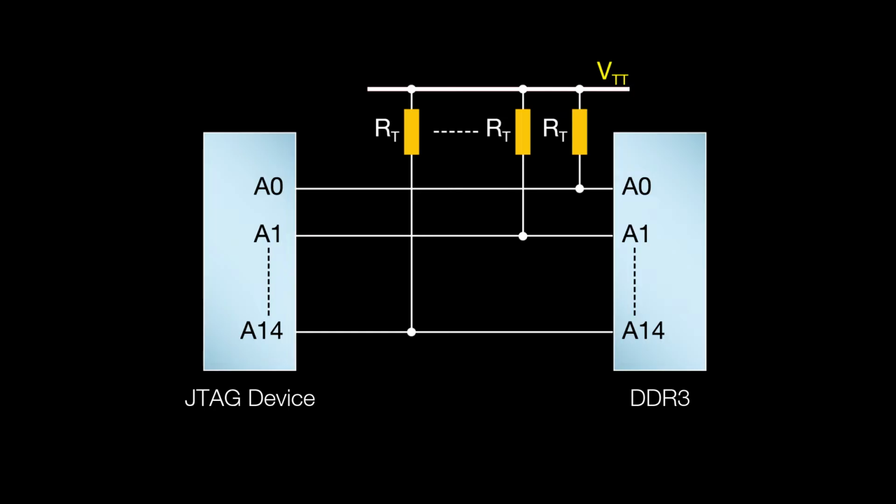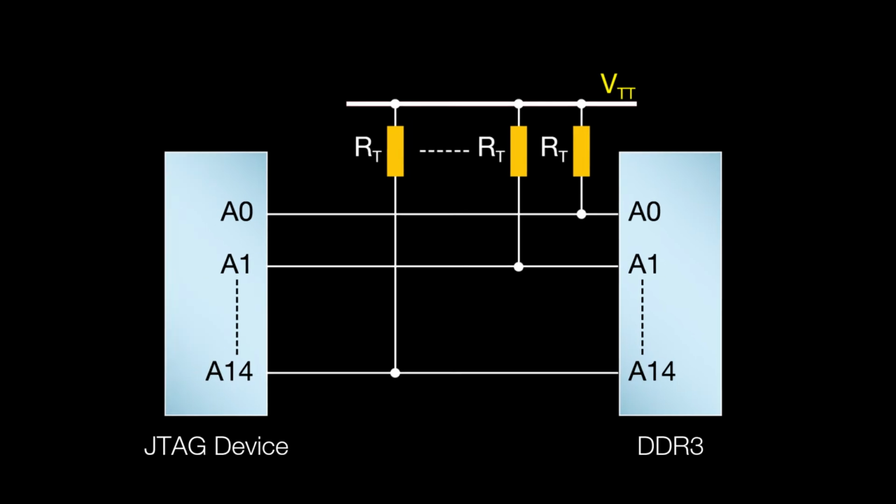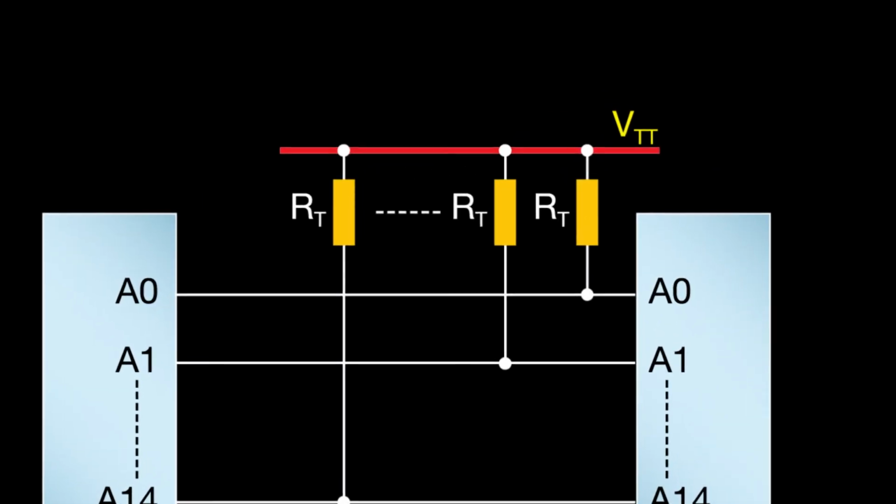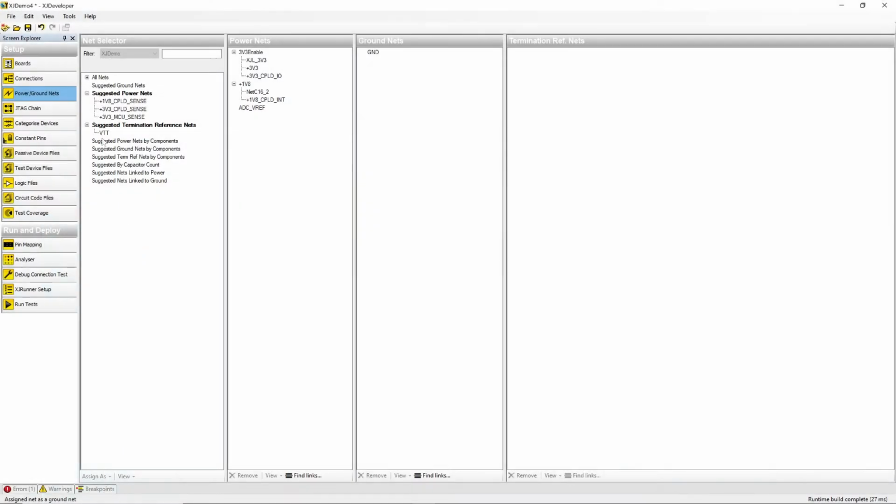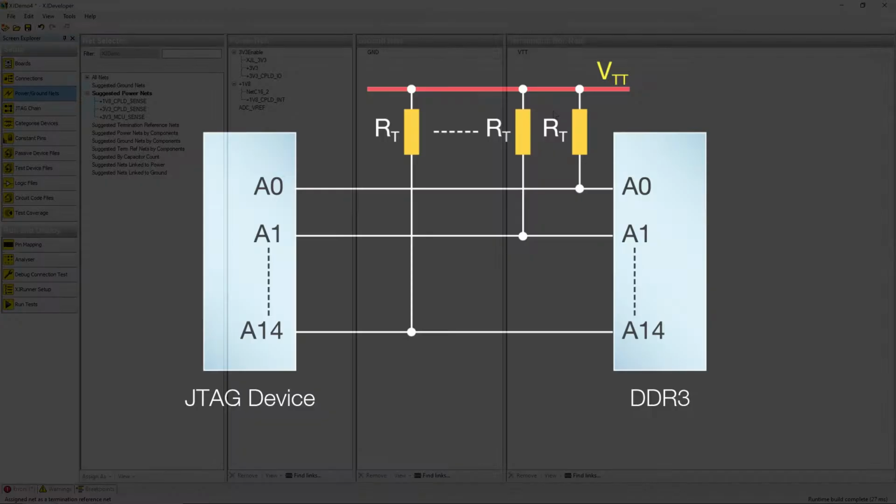categorise them. If you've used a circuit with fast memories such as DDR3 or DDR4, you'll probably have noticed that the buses have termination resistors connected to VTT. When you're categorising power nets, those supplies need to be categorised into their own column. There are several reasons why they need to be treated differently.